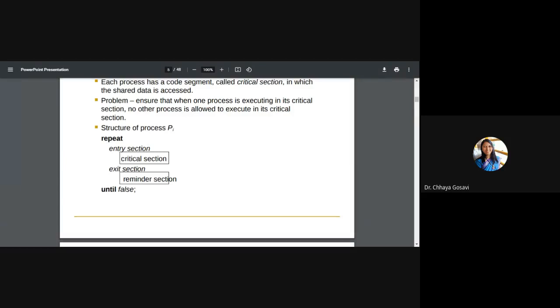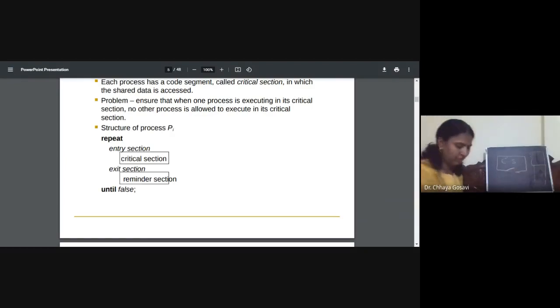In this figure, I have drawn it upside down: entry section, then execute, then exit, and then the remainder section. For example, for a code, this is our main program. This is ch in and ch out. So this part is the critical section. There is entry, exit, and the remaining part. In the entry section we enter the critical section, then the exit section, and then the remaining part.